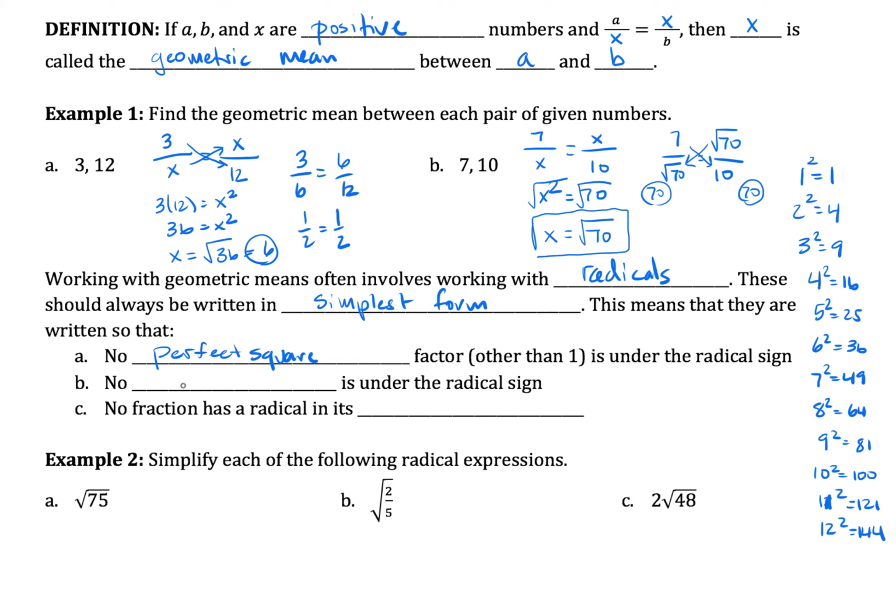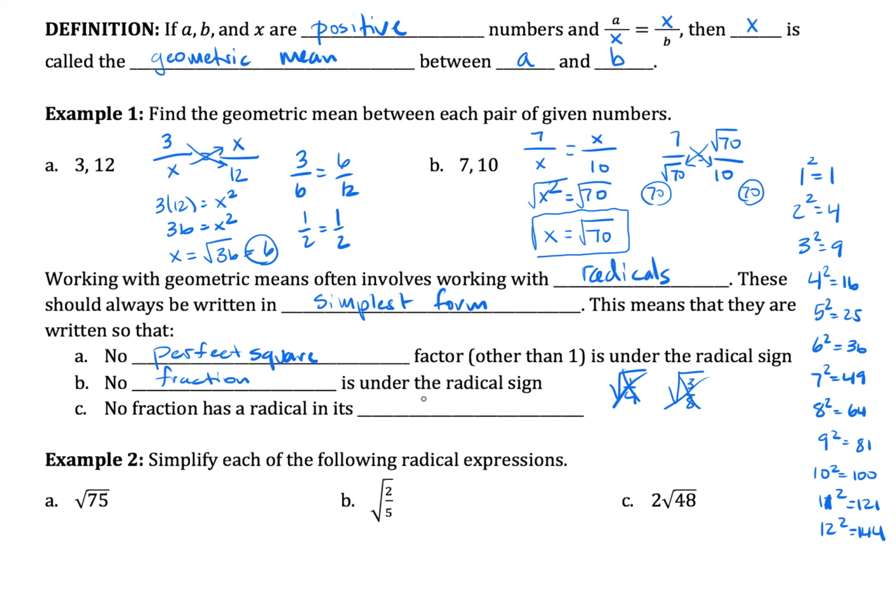The second thing is you need to make sure that you have no fractions under the radical sign. So the square root of 1/4, that's a no-no. We can actually simplify that. Or the square root of 3/8. We don't want anything looking like that as a final answer. And I'll show you down here, you can see in example B, we're going to take a look at how we can change this